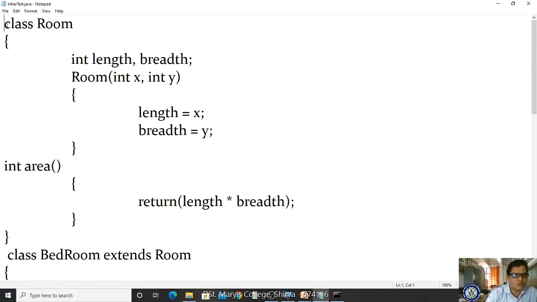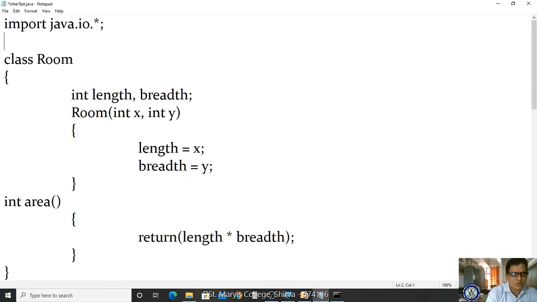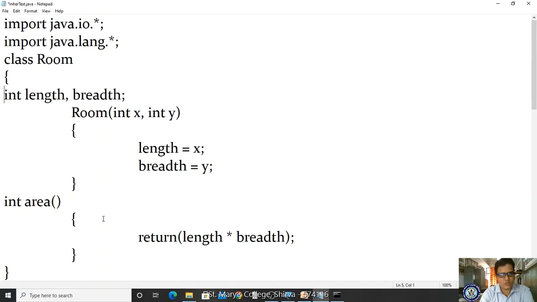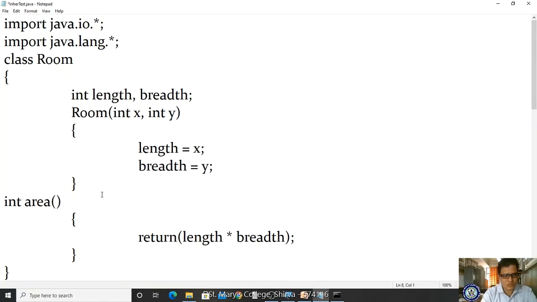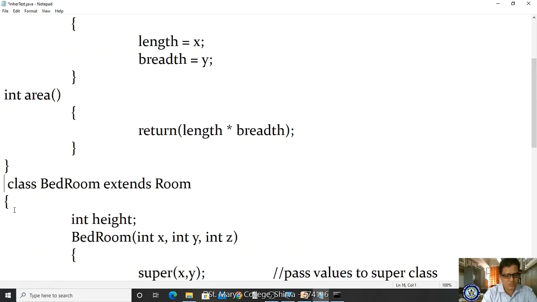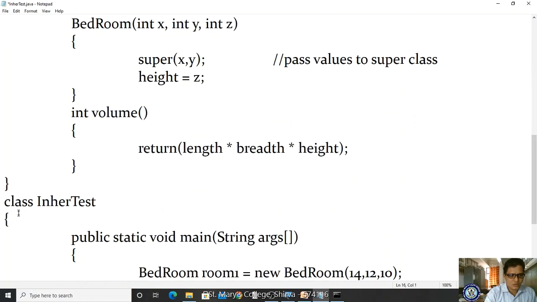Wherever the space is. Before that, it is always better to write this import statement. These header files are required. Let me import java.lang.*; classroom. Let me check, is there any space? No space. Right, here is the space. Yes, no space. It is correct. Here it is correct. Here it is correct. Maybe here the space exists. Okay, now no space. Now let me check here. No space. Yes, it is corrected.